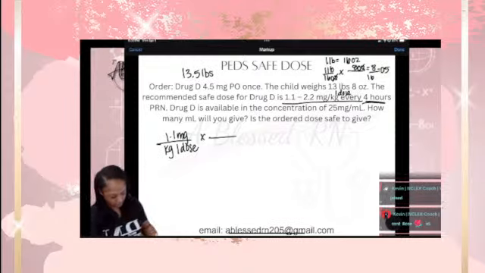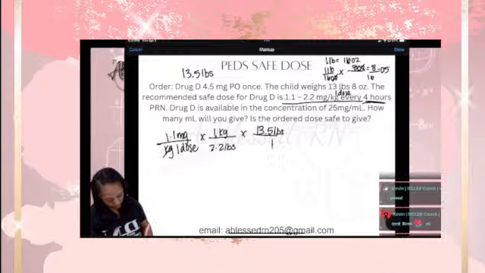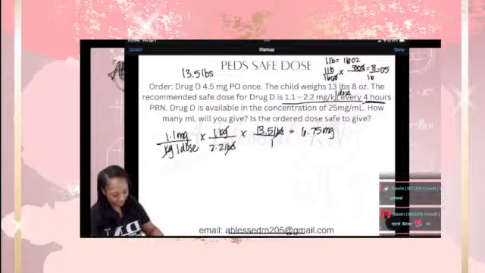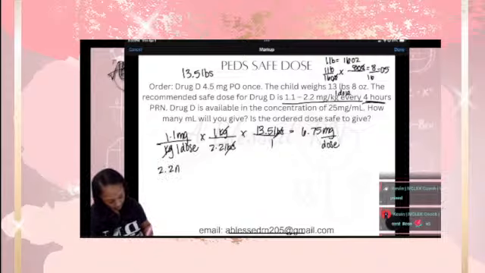All right, 1 kg is 2.2 pounds, and our new weight is 13.5 pounds over 1. Kgs cross out, pounds cross out, and now that's going to be how many milligrams you can give in one dose. So 1.1 times 13.5 divided by 2.2 is going to be 6.75 milligrams. That is the least that you can give, and then the most would be our 2.2 milligrams per kg per